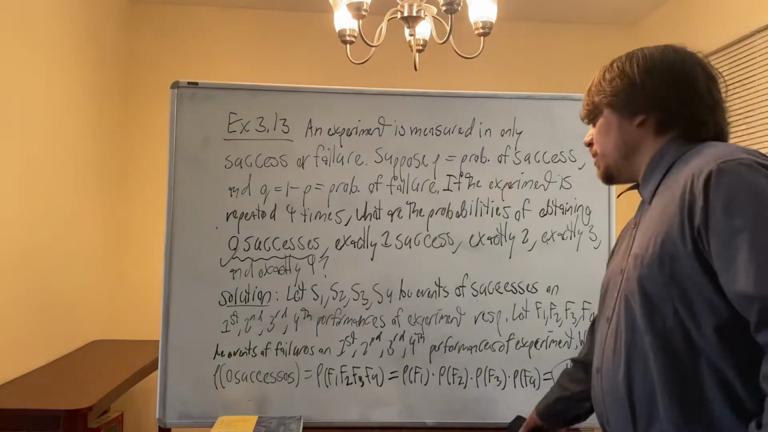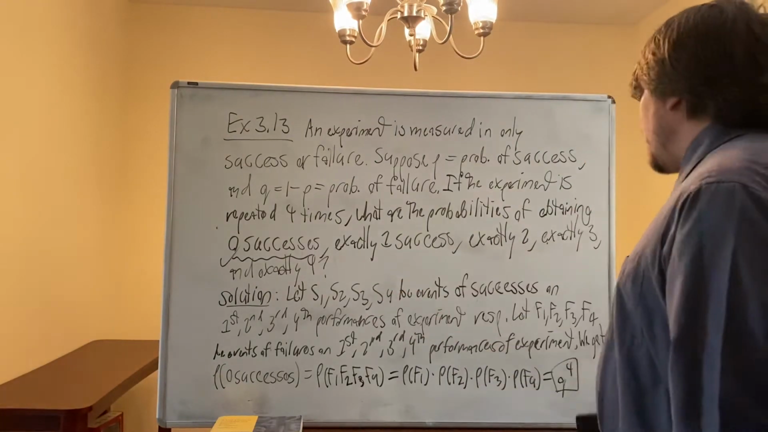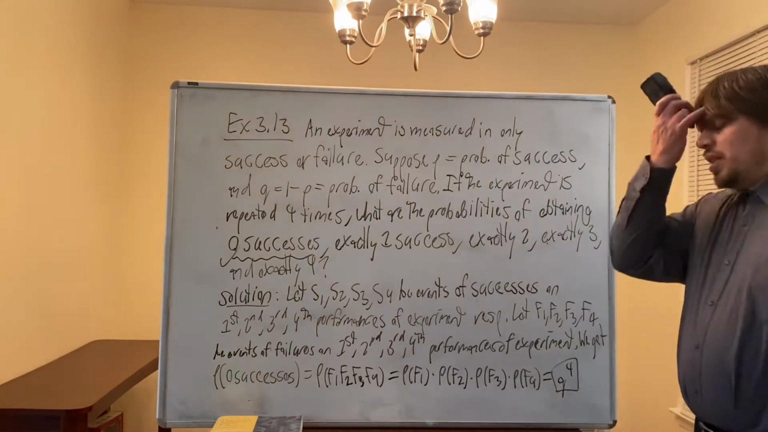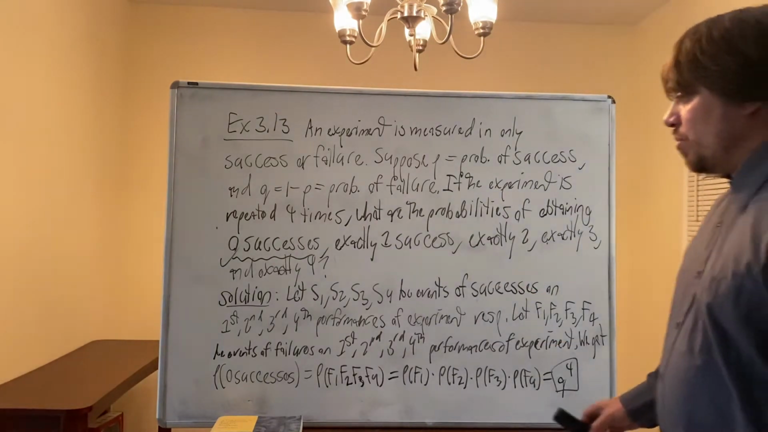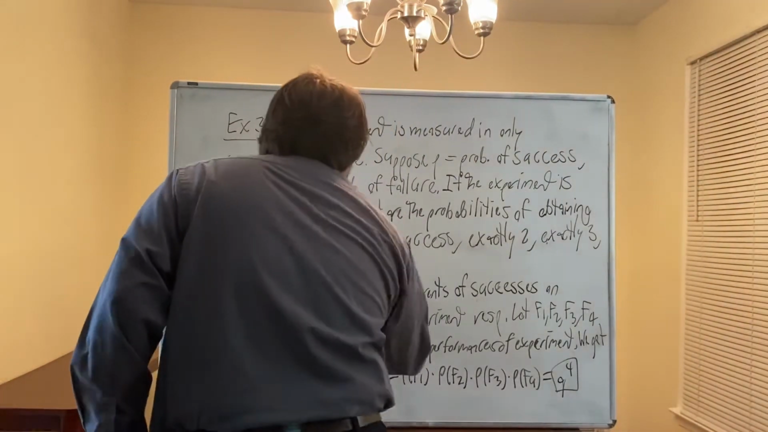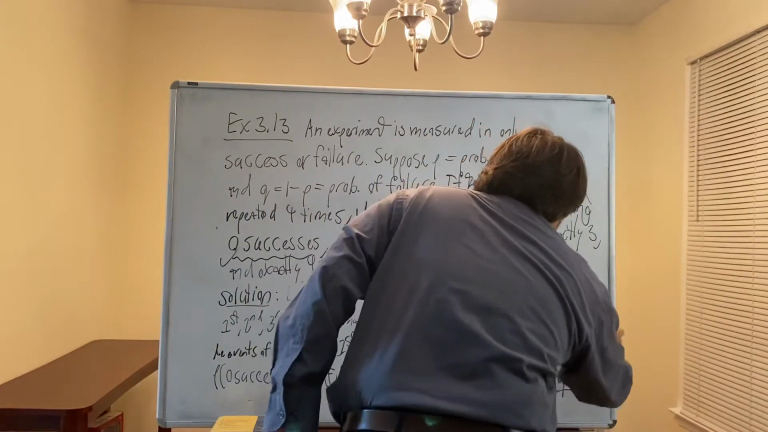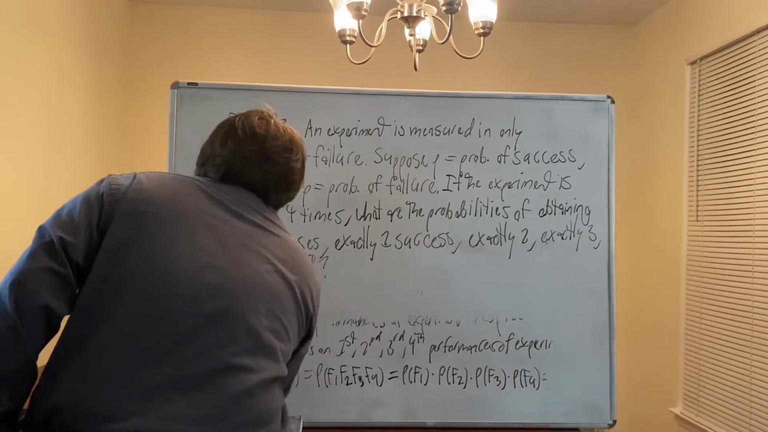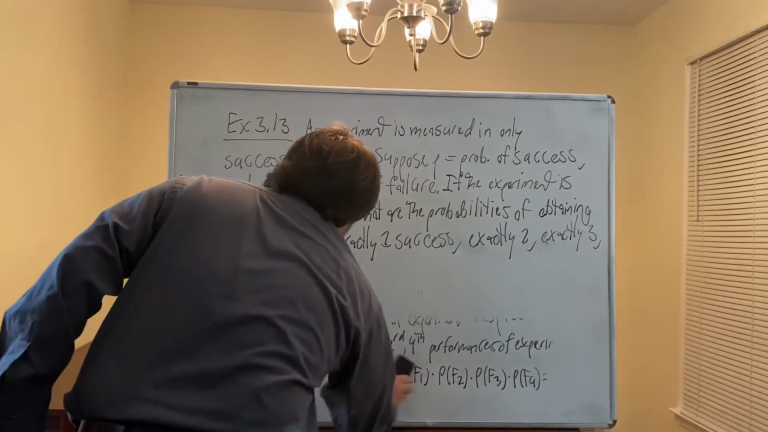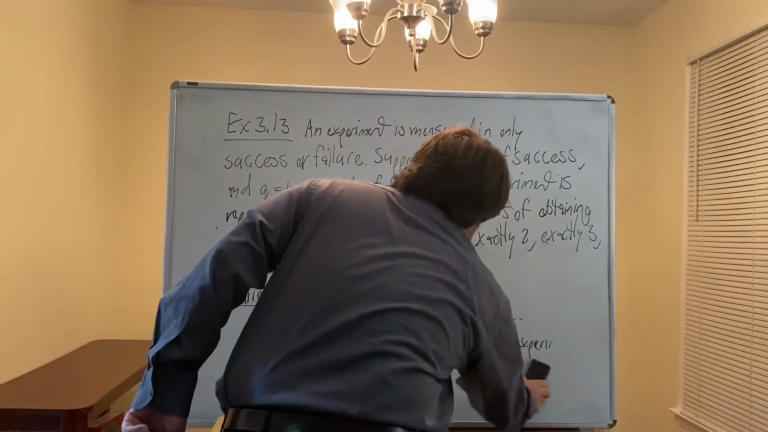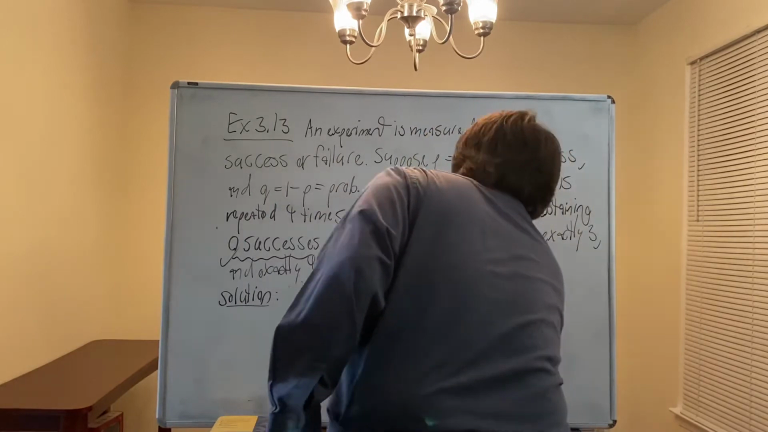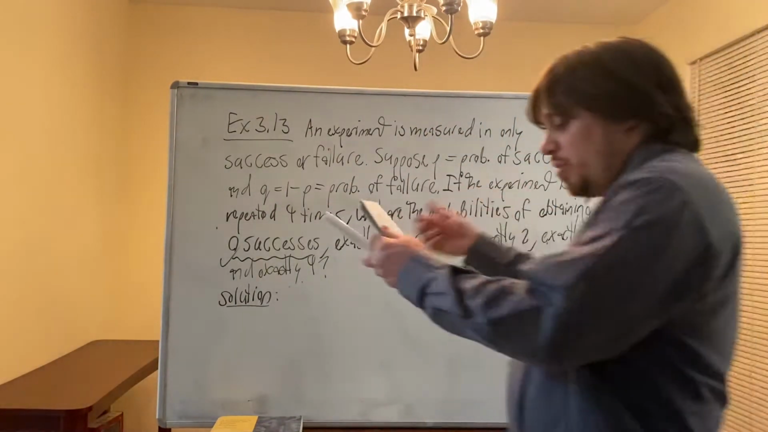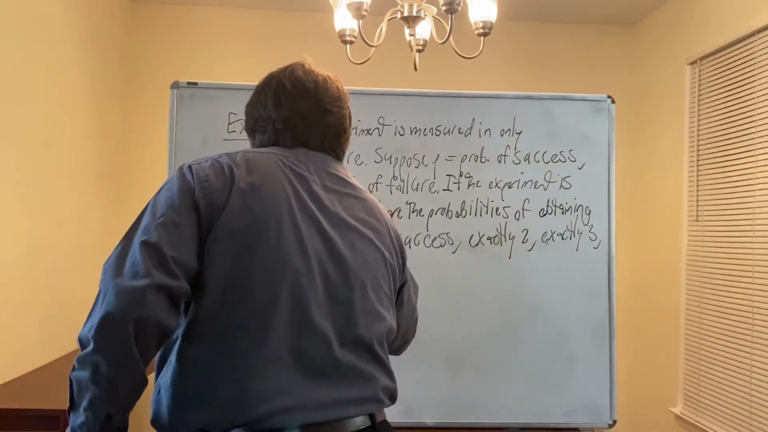So let's do the next one. So I'm going to let S1 to S4 and F1 to F4 be the way I define them here. And I'm just going to erase this so I have more room to work. So those are the events of success and failure in the 4 performances of the experiment. Right? It's either success or failure each time, right? So the probability of 1 success,